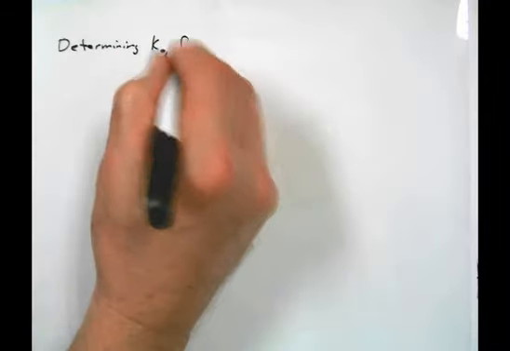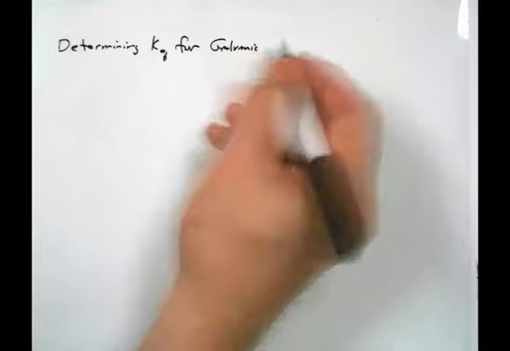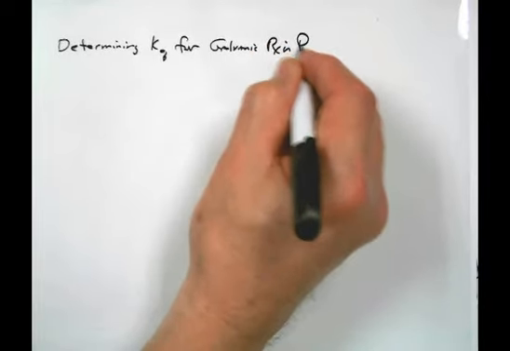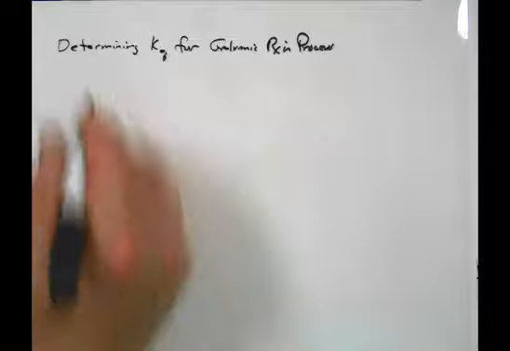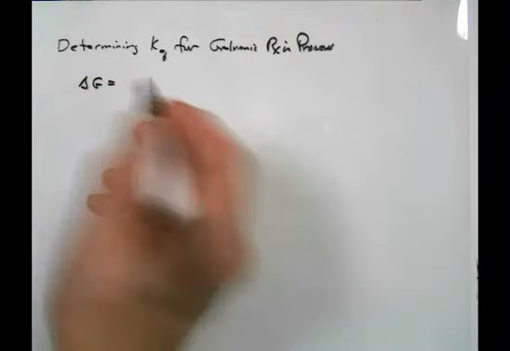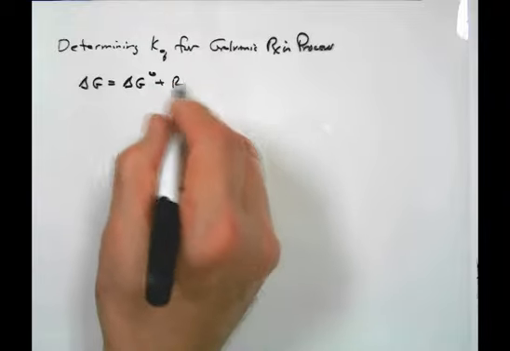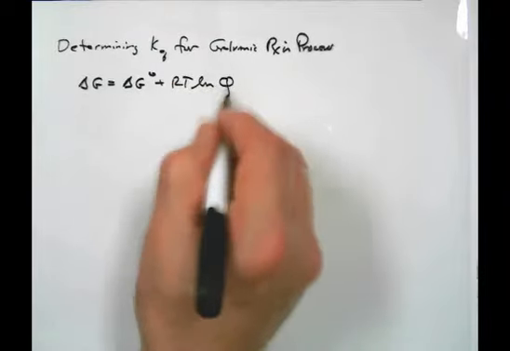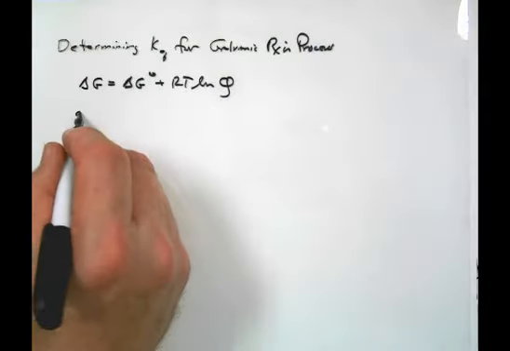KEQ for the galvanic reaction process. What's the extent of reaction for the zinc copper battery? Okay, well, we know that delta G equals delta G naught plus RT ln of Q. But at equilibrium,